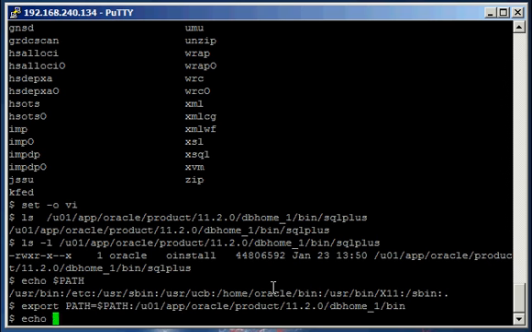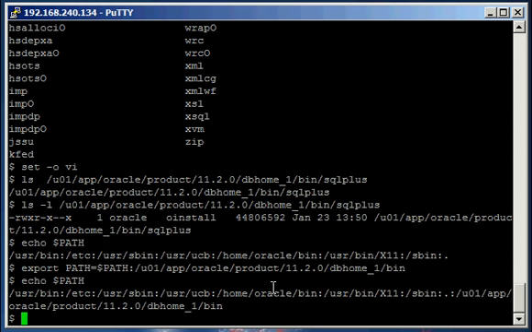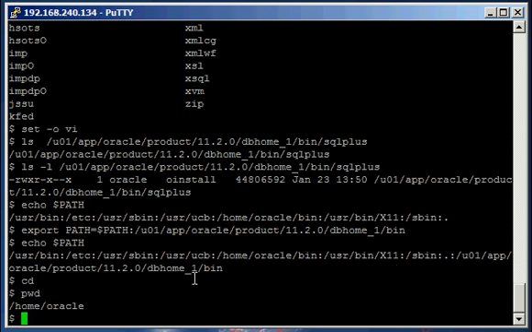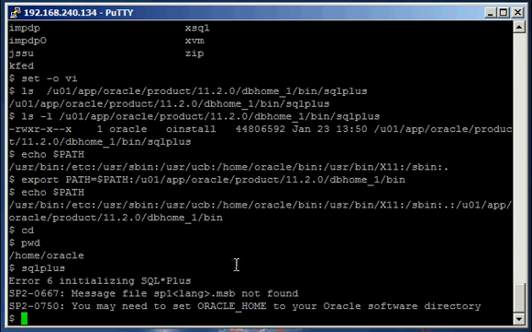Okay. Now, when we type in echo $PATH, we will see that not only do we have everything up to sbin, which we have, but we also have u01/app/oracle/product/11.2.0/db_home_1/bin, because we added the Oracle Home /bin directory to our path. Now, the pwd shows you the current directory. We're in home oracle. No matter where you are, we can issue the SQL Plus command because it's in our path. So, getting back to our example,